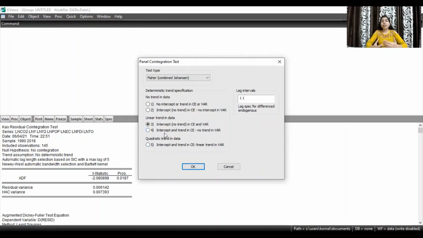However, you can choose assumptions based upon your data set and your knowledge of your data. I'm proceeding with the third assumption, which states an intercept and no trend in the co-integrating equation and vector autoregression. So I click OK.